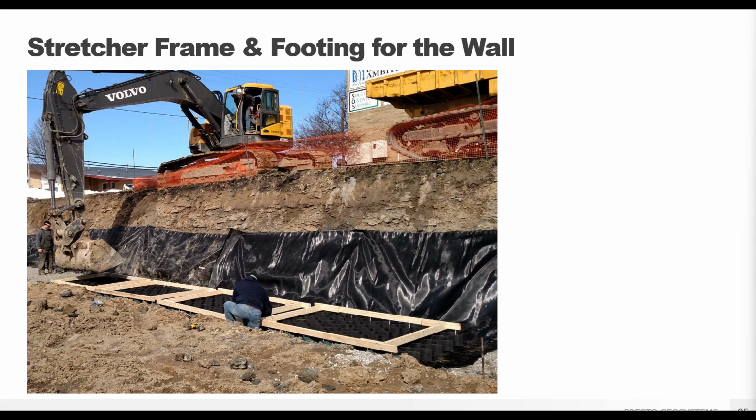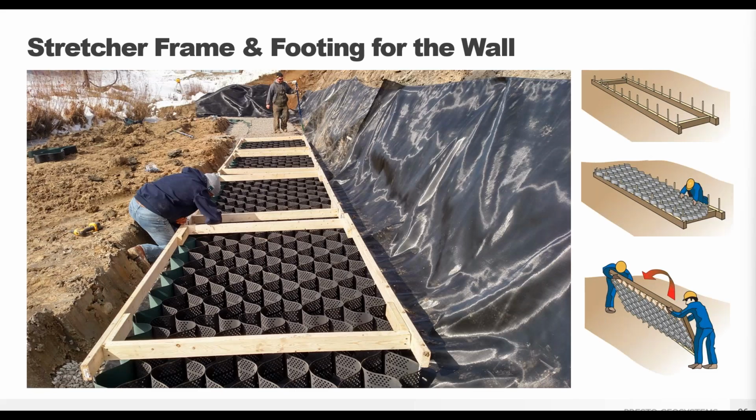Here are the stretcher frames from another angle. The stretcher frames are placed spikes up, and then the GeoWeb is placed over the stretcher bar. Once the section is open to its optimal size on the frame, the frame and GeoWeb are flipped over, making sure the fascia panel faces the proper way.